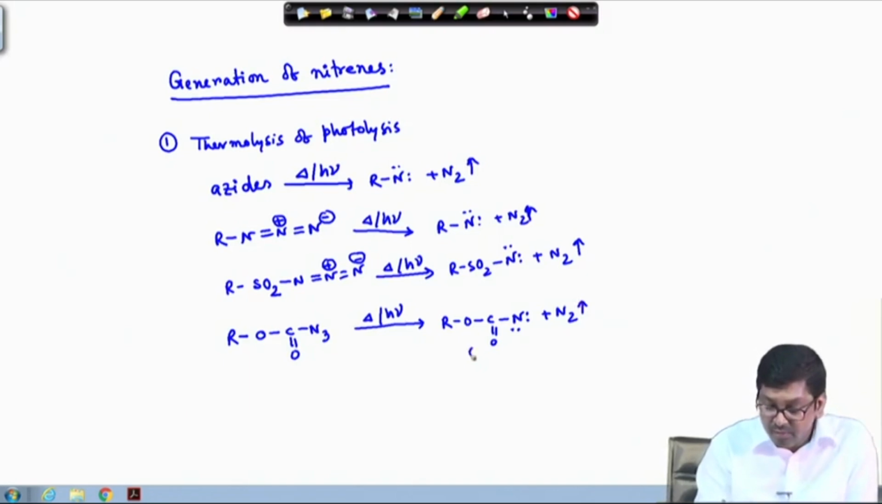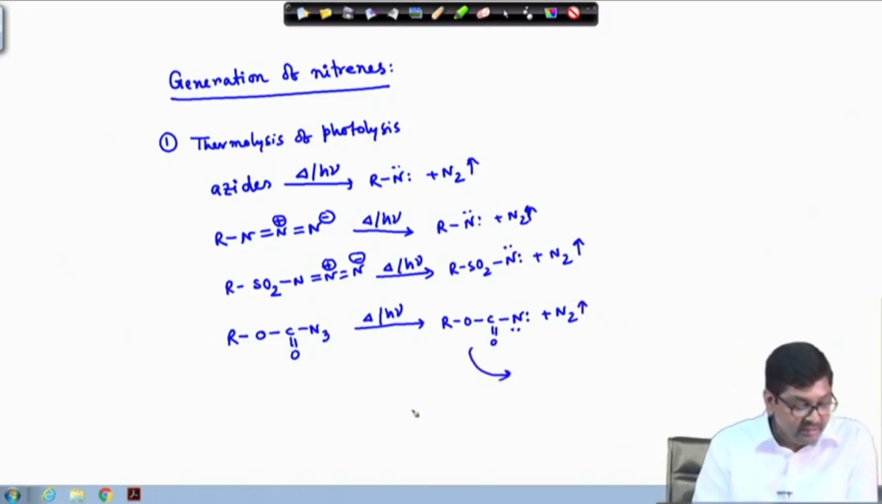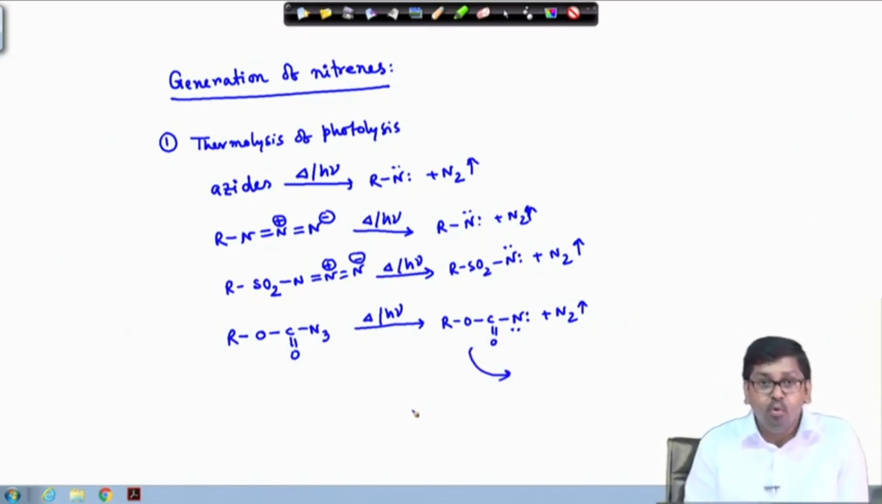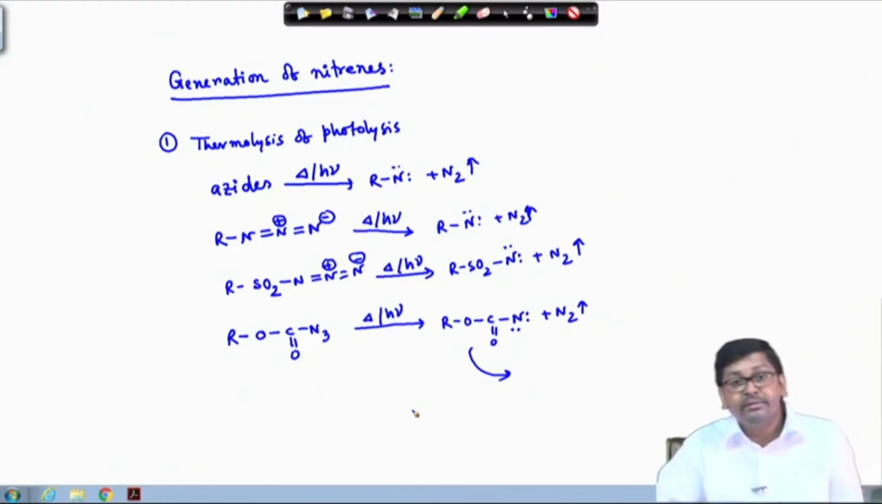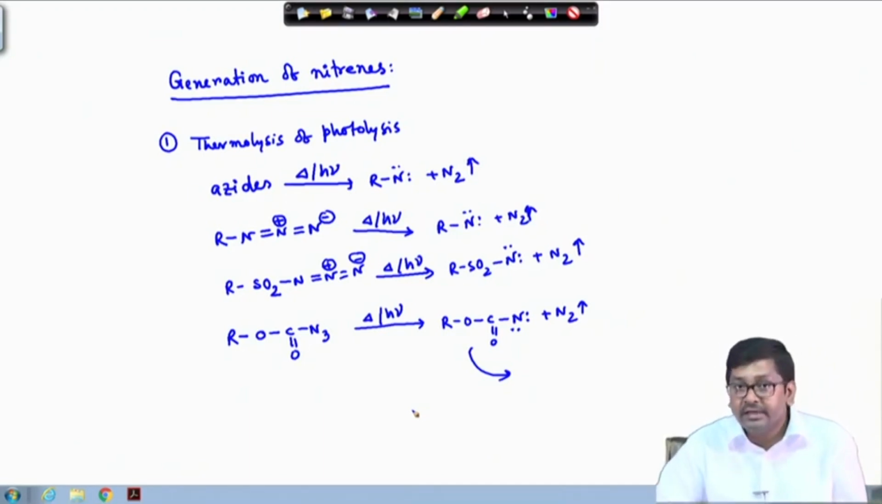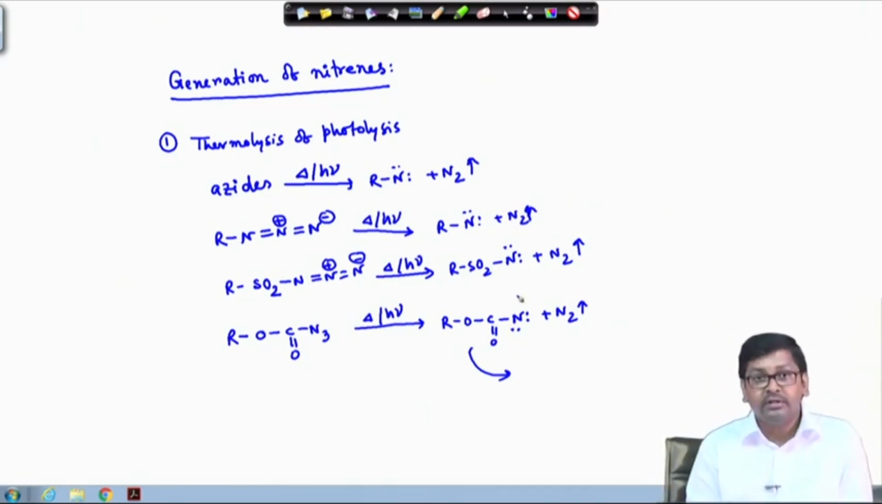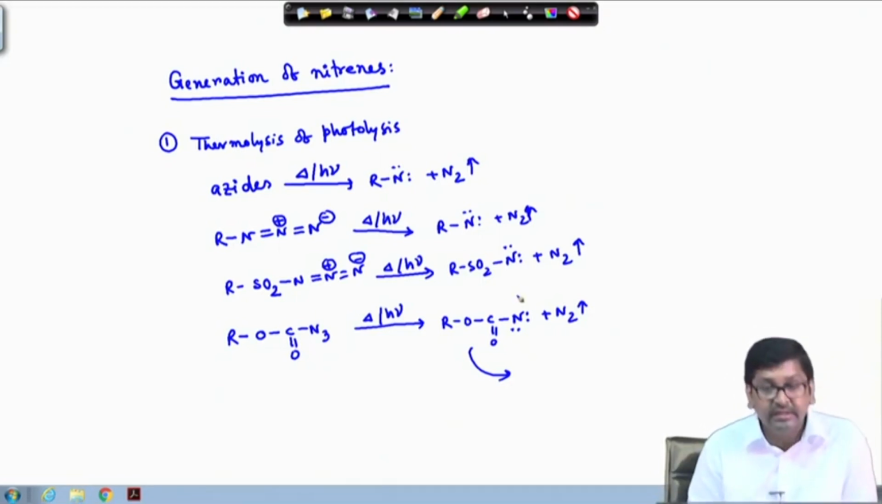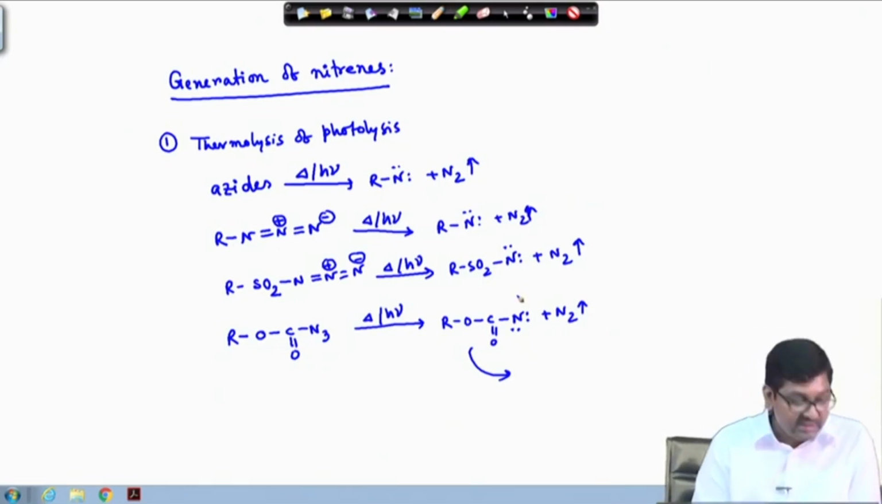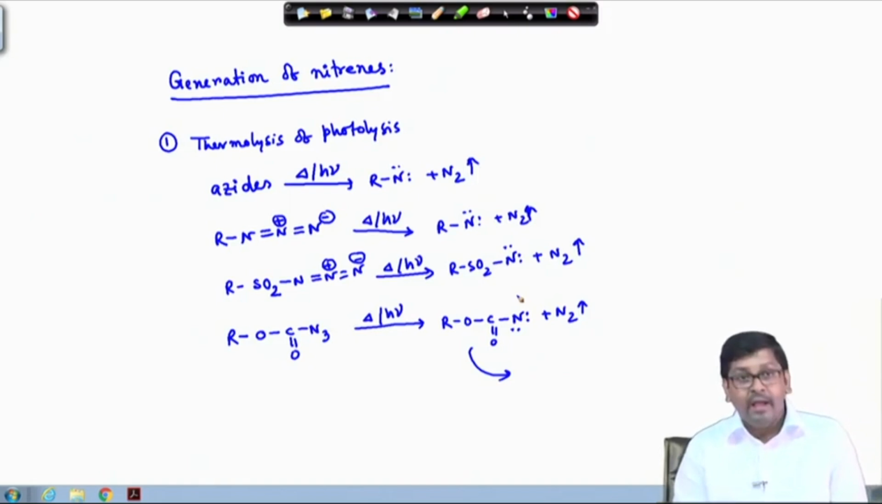And for this particular nitrene, it has been found that these are more selective in nature than the corresponding carbenes. Carbenes are very reactive, and in most cases they insert in a non-selective manner. But it has been found that nitrenes can give a lot of selective reactions. However, apart from these